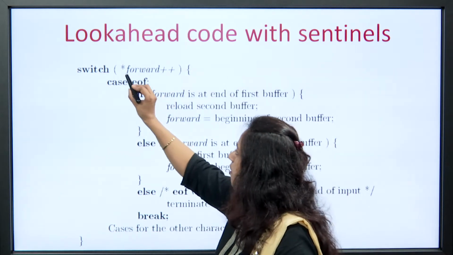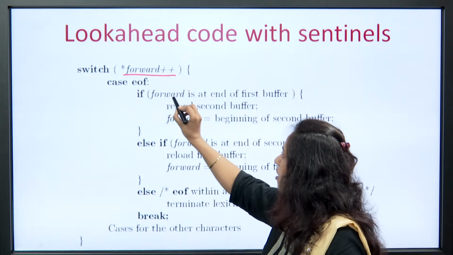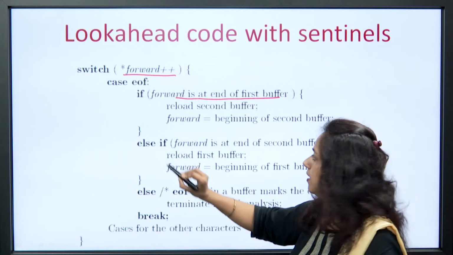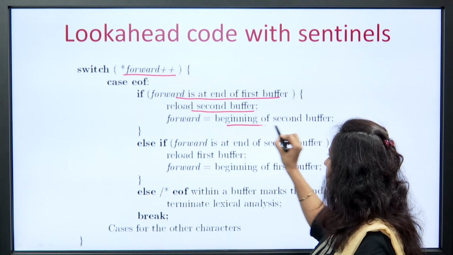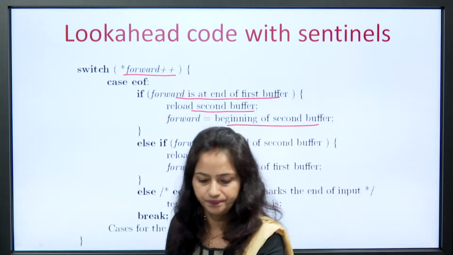Here this is the forward pointer, and if forward is at the end of the first buffer, then we reload the second buffer, and the forward pointer will point to the beginning of the second buffer.